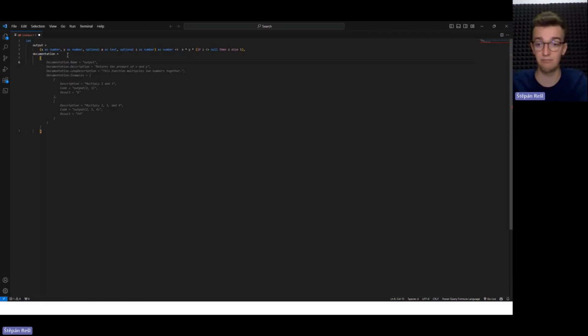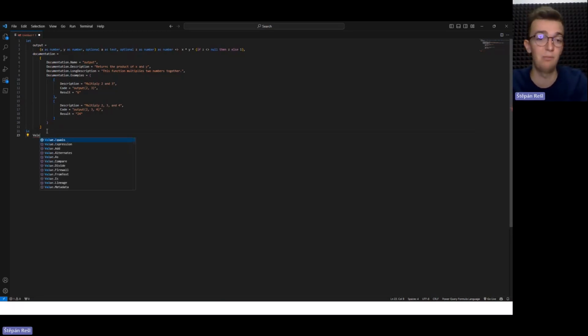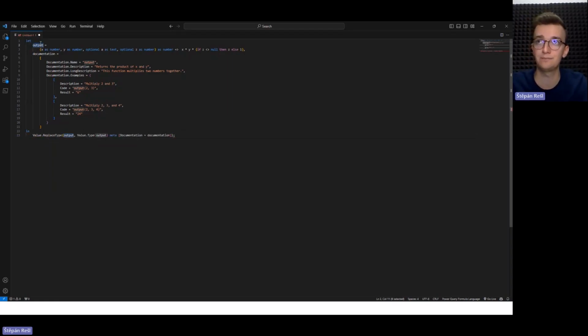You can see that GitHub Copilot is incredibly smart currently to be able to tell me, okay, you will need a documentation data name, which is a specific metadata name for the real name of a function, documentation description, the long description, and examples. I will try to grab that and return it, but I need to somehow pass it to our function. So it will be by value.replace type. And as you can see, output, which is the name of a step where we have a function,